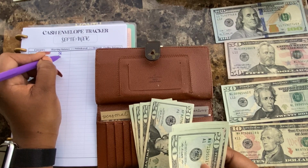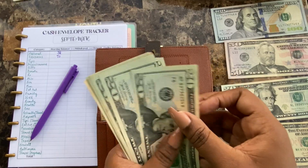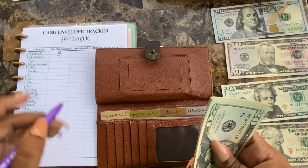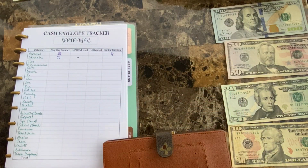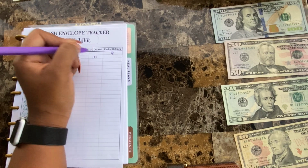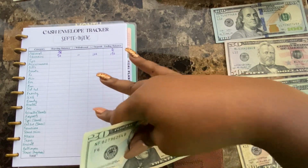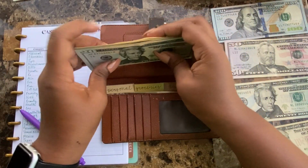$70 starting balance. That's pretty good for us. And then once we put it all together, we have 20, 40, 60, 80, 100, 20, 40, 60, 70. So we withdrew nothing this time, and we deposited 100, giving us a total of 170. So I am loving this. So let me just put that back inside of groceries